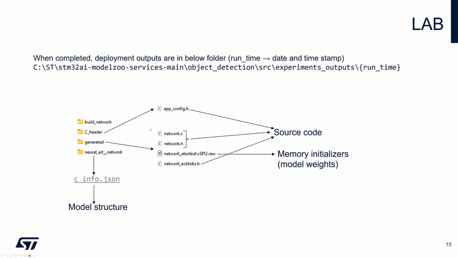In the C header, you can see app_config.h. This is the configuration file for the embedded application, where you can specify the input resolution, the model supported, etc. So it will be automatically updated. Then also interesting file, it is c_info.json. This JSON file can be found in the Neural Art Network subfolder, and this file describes the generated model